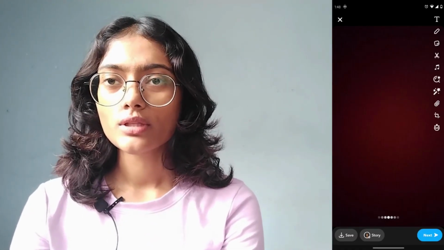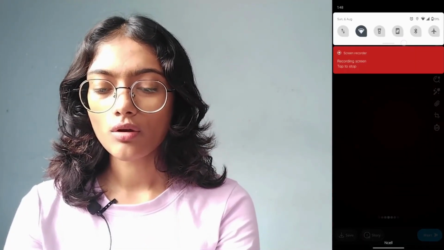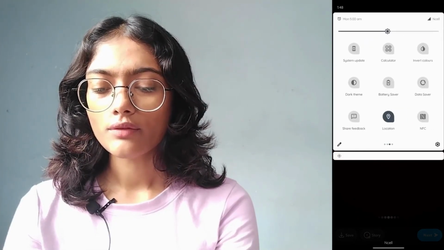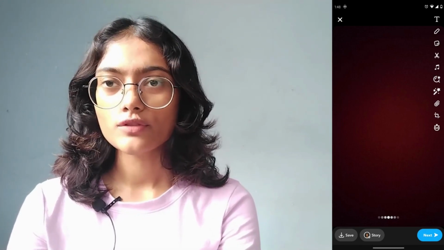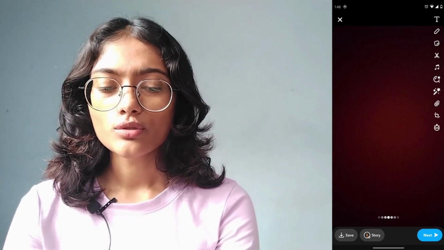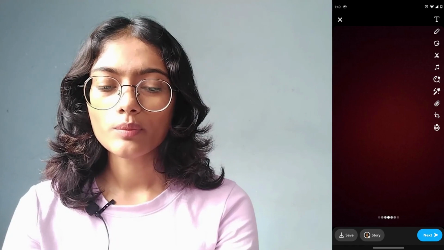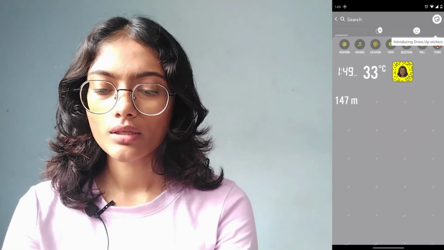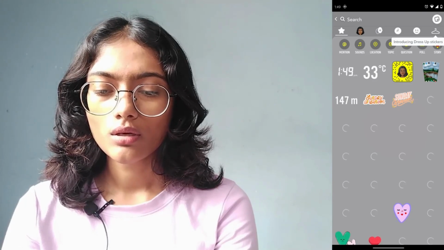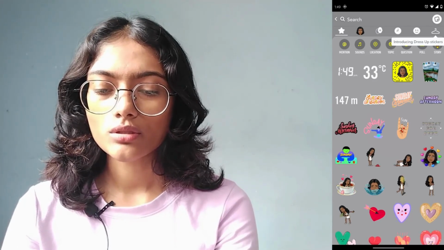So you have to make sure that your location is turned on, and after turning on your location, you have to simply open up your Snapchat, and then you have to take a snap. And now you can go to the stickers icon, which is on the upper right corner on the third option, and then if you simply go to location, which is on the third option,